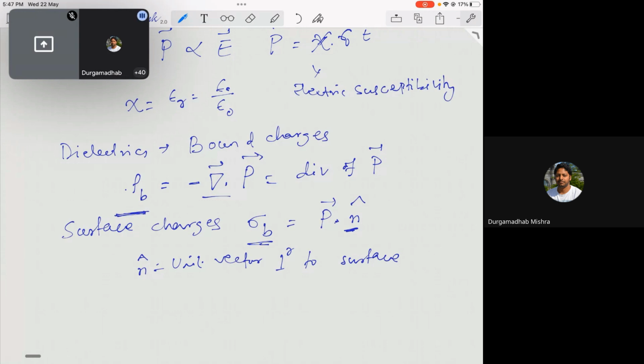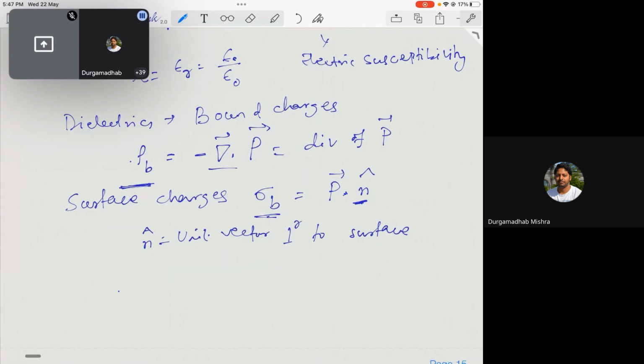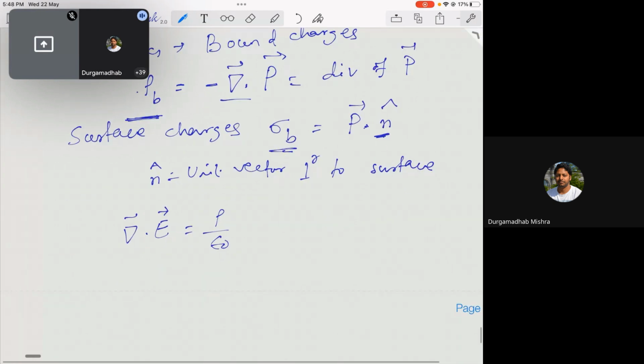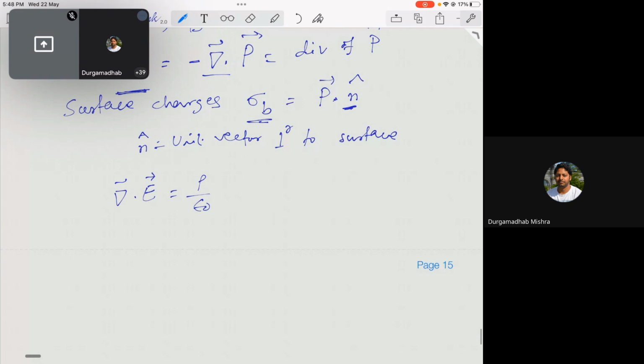And so how is this going to affect Gauss's law, or the first law of Maxwell's equations? When you look at the first Maxwell equation, we said del dot E equals rho by epsilon naught, which is mostly correct for free space or, let's say, for conductors. Now,